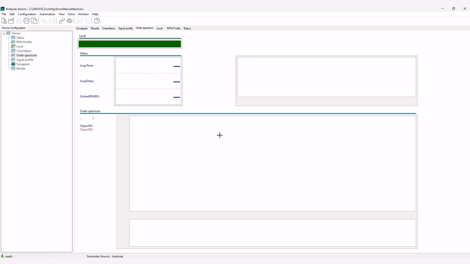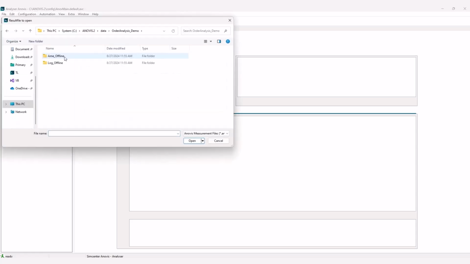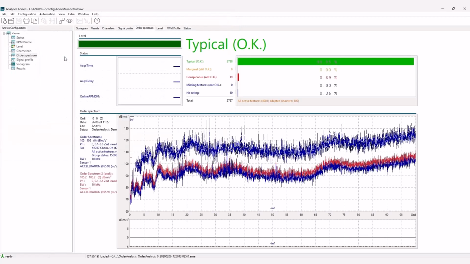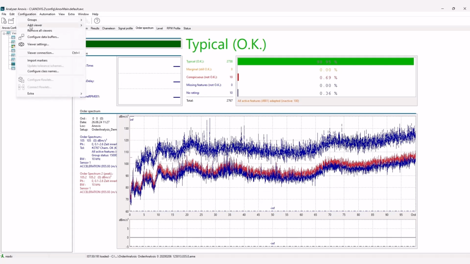Hello, in this video we'll be walking through looking at a dataset in order to identify a difference between classes so that we can define a metric for any fault that we've discovered. First, we're going to load a file from our dataset. This will introduce the available curves and buffers to ANOVUS. Then we can create a viewer to look at our data.